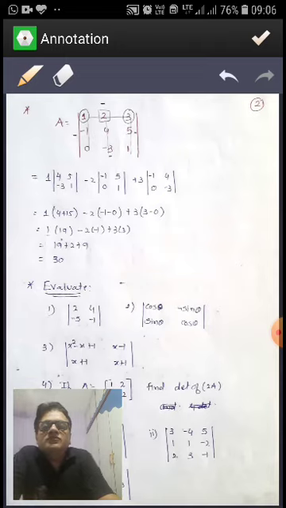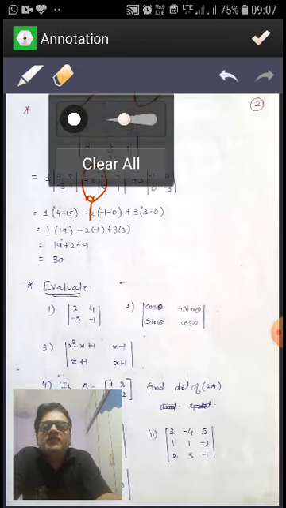So whatever sign is given for the first and third numbers, we have to take the same. But for the second number, we have to take the opposite. Suppose minus 2 is given, we will take plus 2. Here suppose minus 1 is given, we will take minus 1. If 1 is given, we will take 1. Here suppose minus 3 is given, we will take minus 3. But the sign will always change for the second number when the expansion is there. So take care about that.